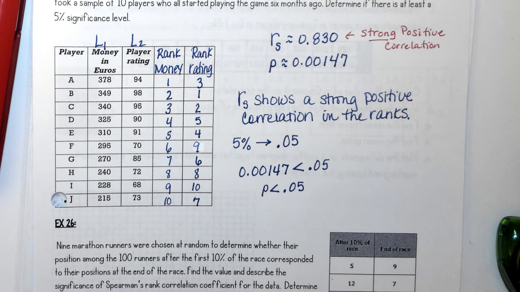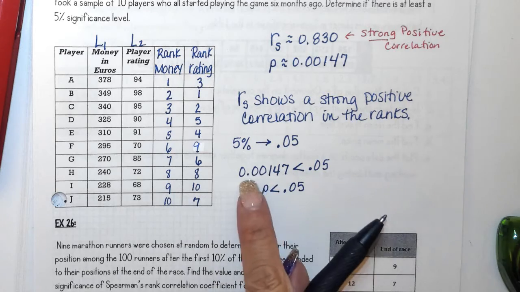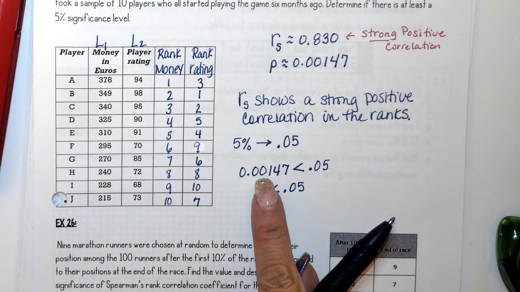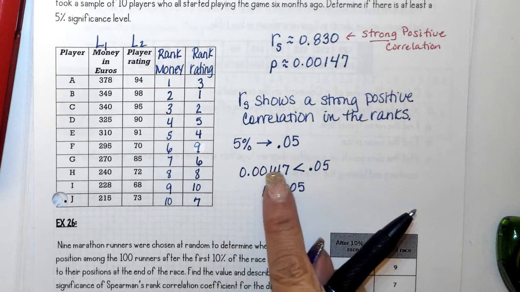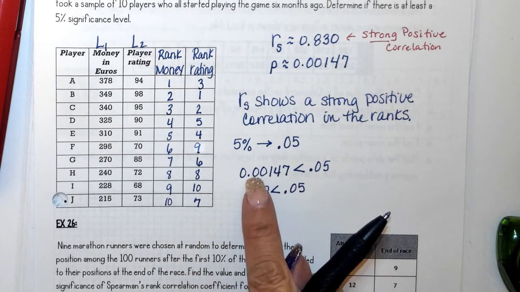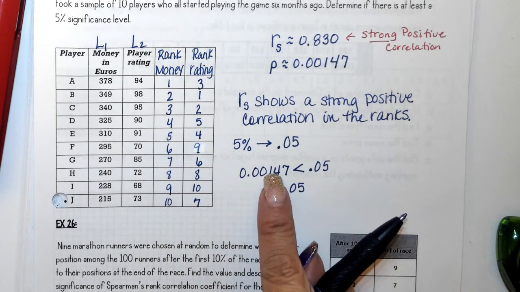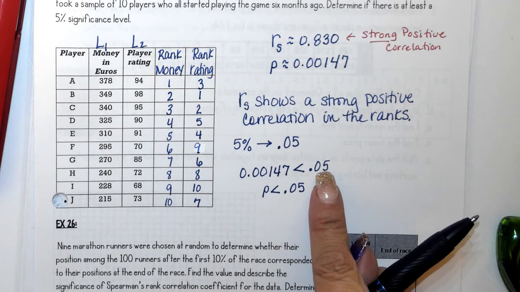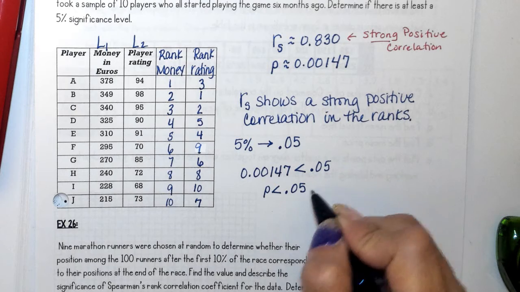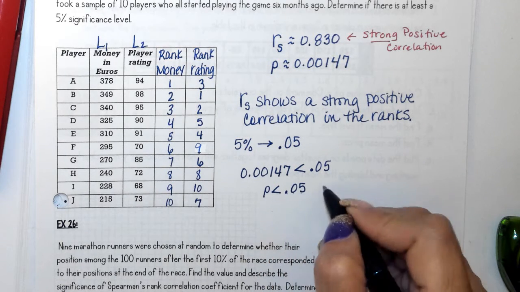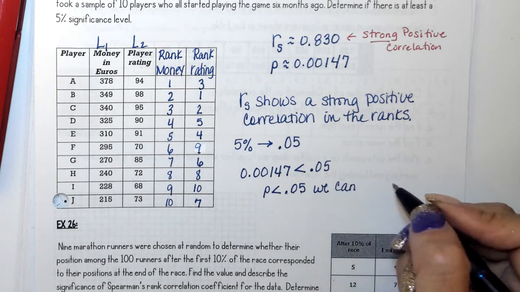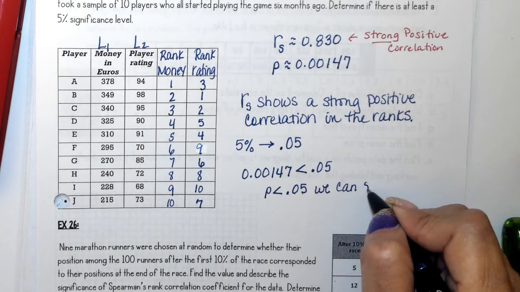Here's what that means. It means that the correlation, since P is very, very small, that means the probability that this doesn't happen is very, very small. Meaning the more money you spend, the higher your rank. The probability is really small. So since it's less than 5%, think of it as a 5% error, if you will, we can, since P is less than 0.05, we can conclude,